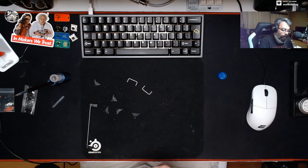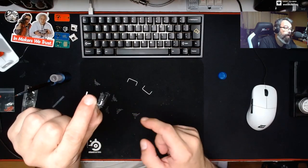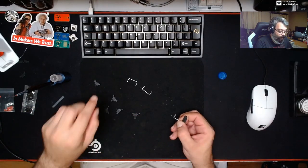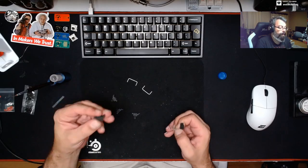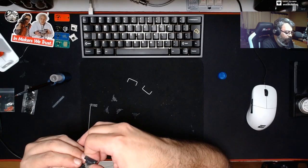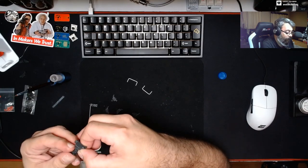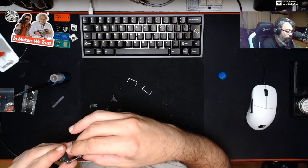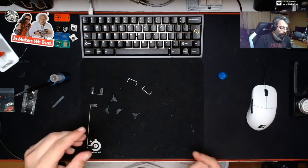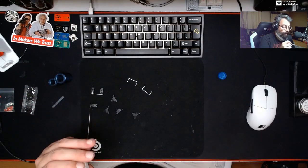This is my first experience with them. The little prong where the wire goes into is tighter than the Everglide and the Cherry ones that I've used before. So they seem to be tighter than the other ones, which is a good thing. At least it will probably avoid them popping out, which is one of the worst things about PCB mounted stabilizers, is that if they pop out, you need to just